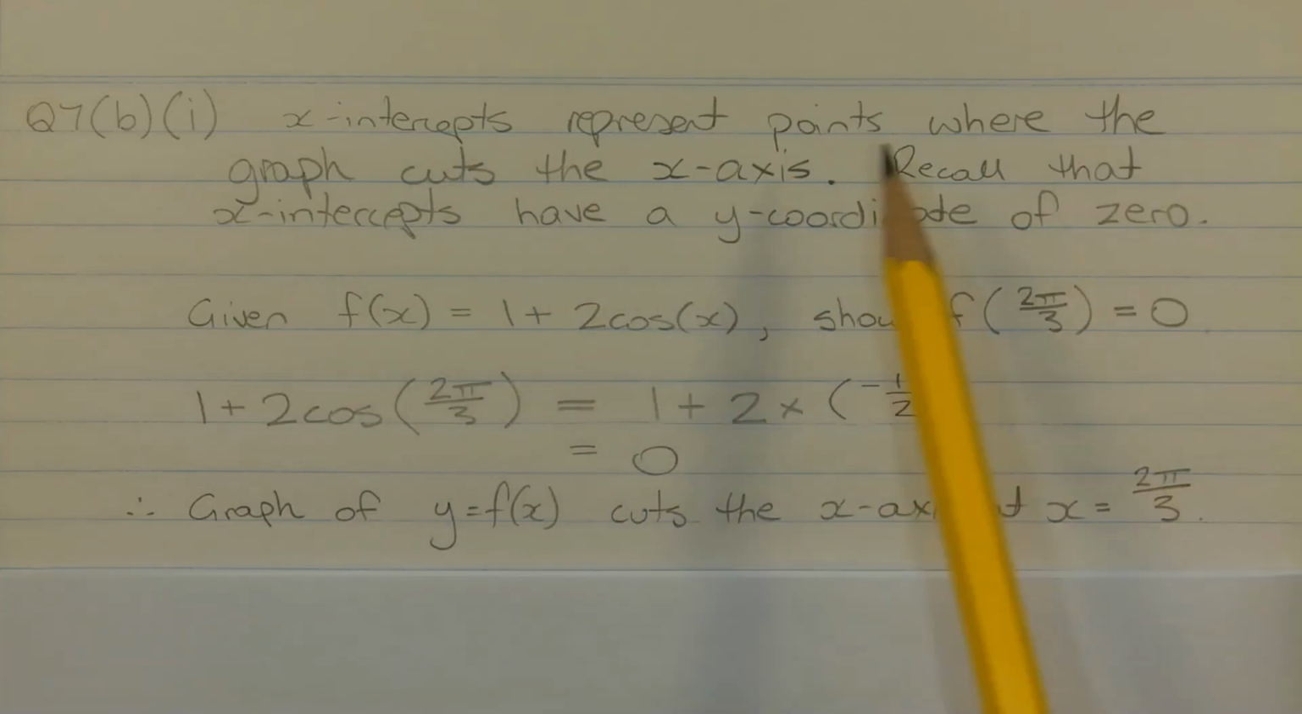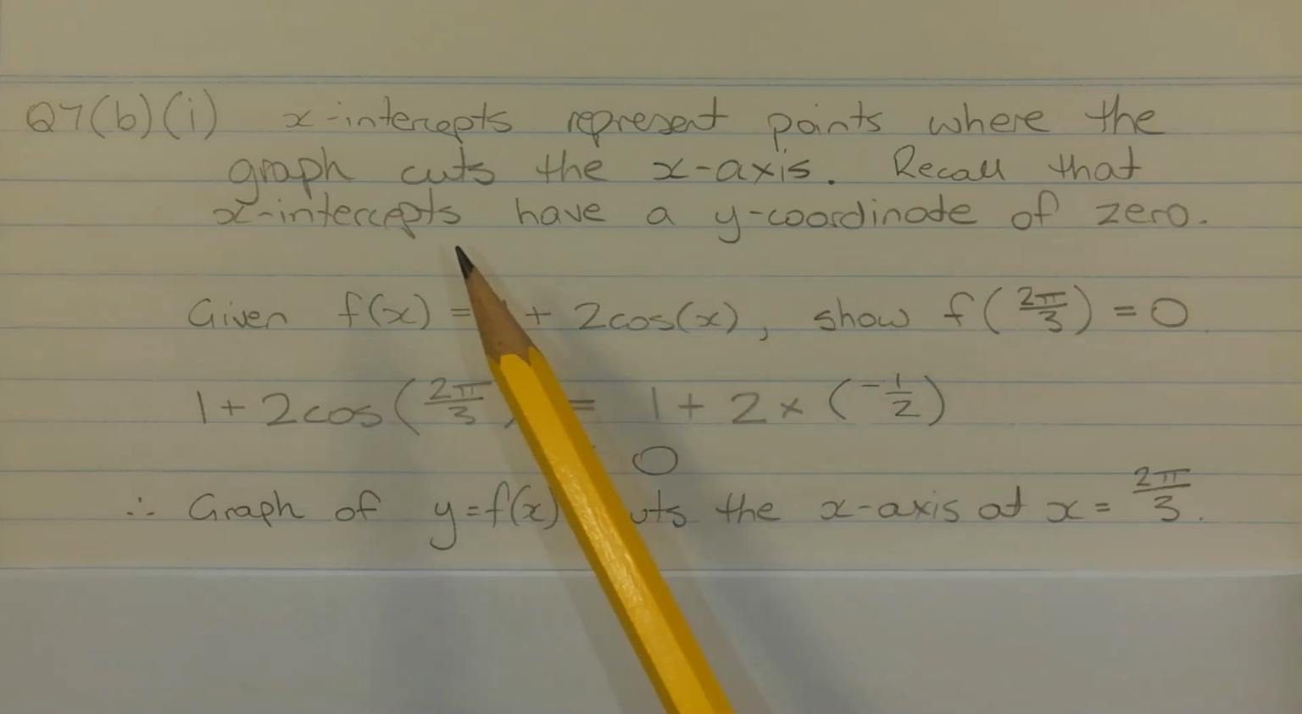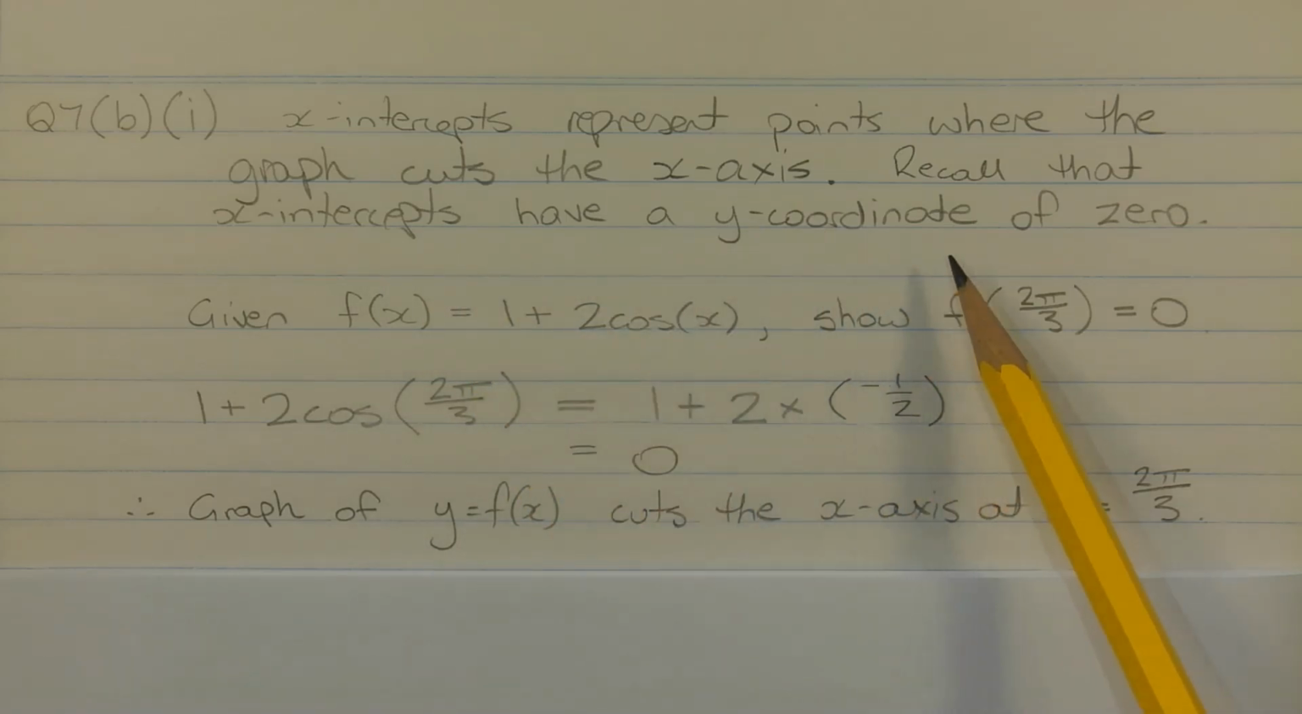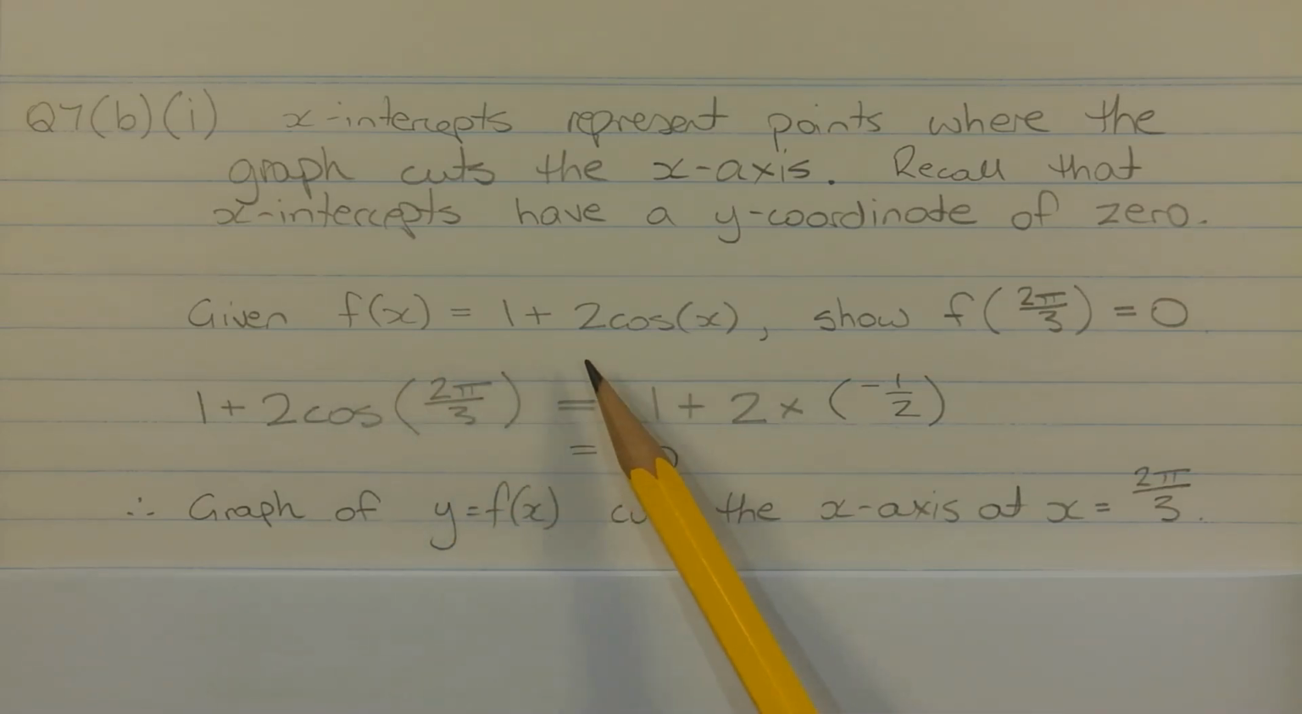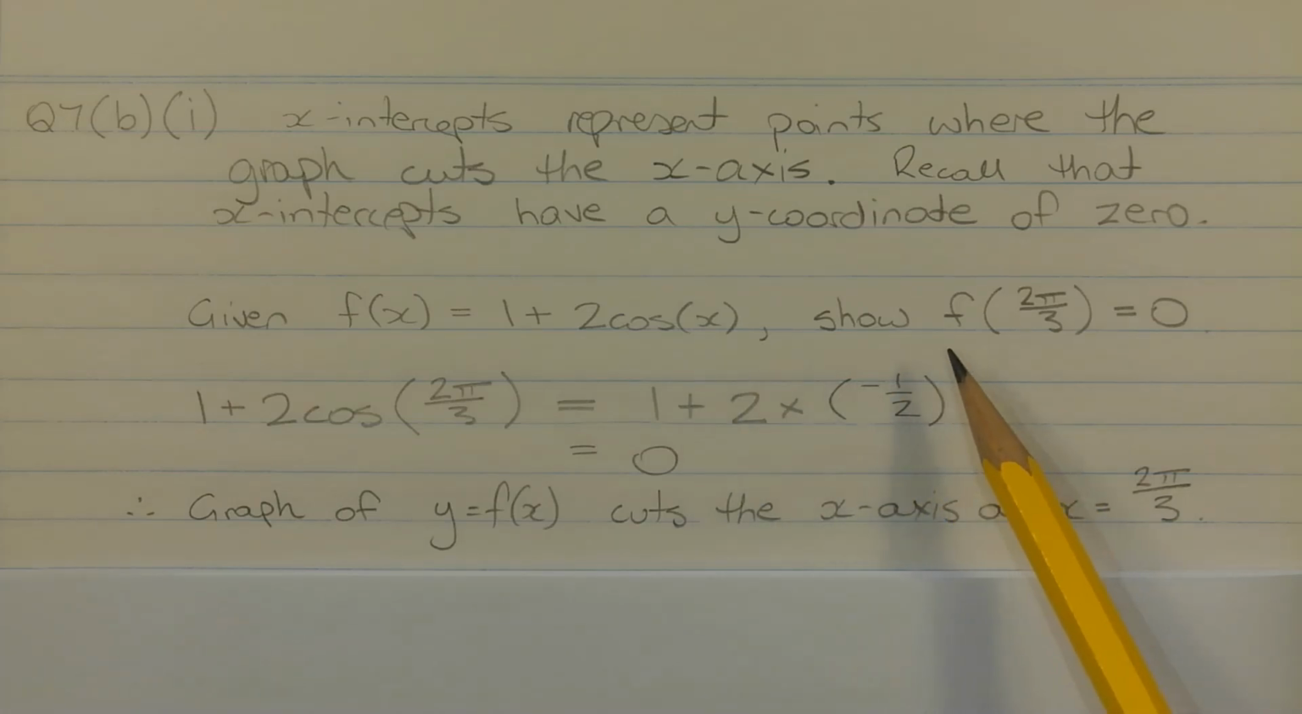X-intercepts represent points where the graph cuts the x-axis. Recall that x-intercepts have a y-coordinate of 0. In other words, where the x-intercepts occur, the value of f of x is equal to 0. Given f of x equals 1 plus 2 times cos x, we want to show that f of 2 pi